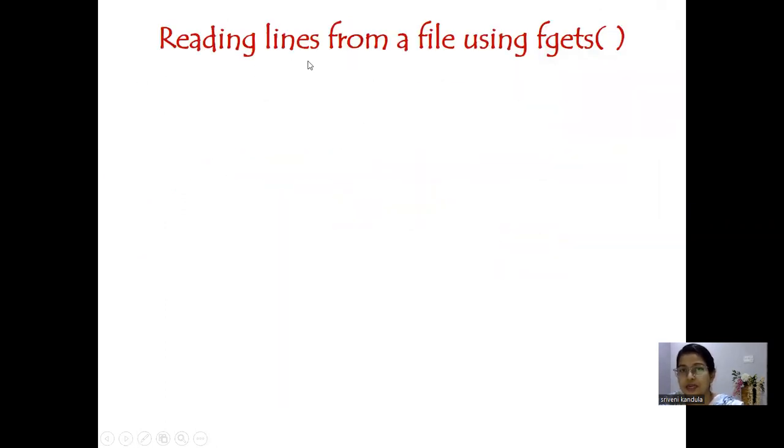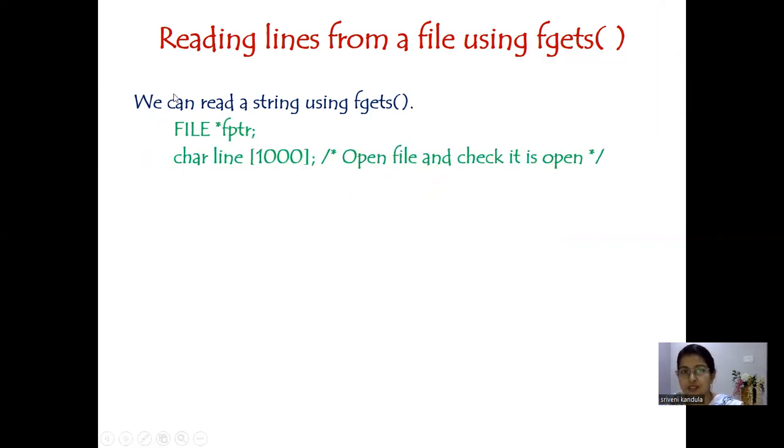Let us see how to read lines from a file using fgets. So we can read a string using fgets, S for string. So how will we read a line? With the help of a string. For this we again need a file pointer, and we are taking a string of size 100. And for this fgets, three arguments should be passed. The first one is the name of the string, the second one is the size of the line or the size of the string that you want to display in each line, and the third one is a file